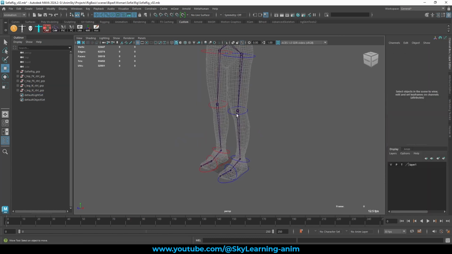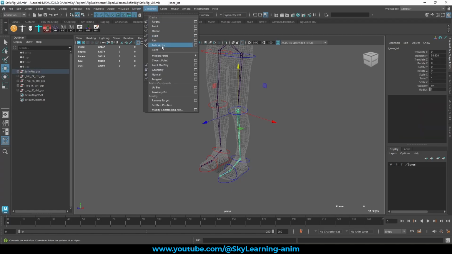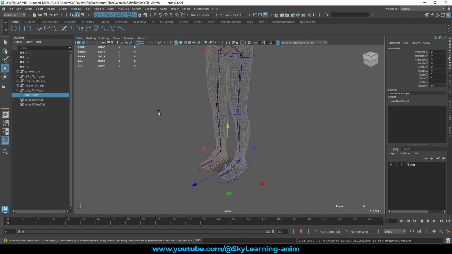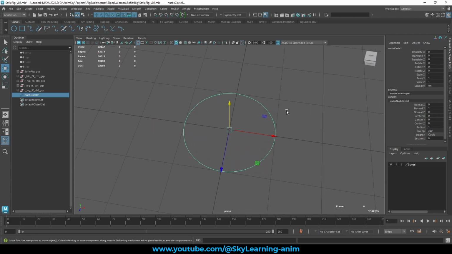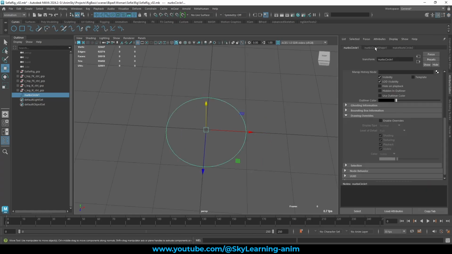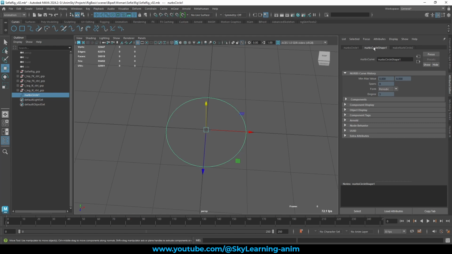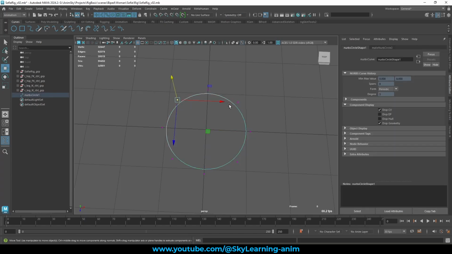Now we are going to make its pivot. Uh, I mean, constraint and pole vector control. I'm sorry about that. Pole vector control. Again, my favorite. So we're gonna make different shapes from its circle. Let's first see how many vertices there are. You can select this, go for its shape, go for its component display, and display UV. So you will be able to see its control vertices here. We need to make a triangular shape. So flatten this,